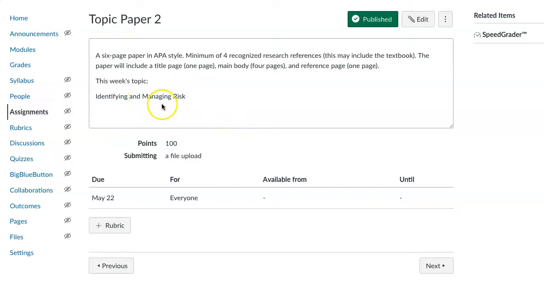And this one, it's pretty broad, identifying and managing risk. You can organize it however you want. At first stab, if I was writing this, I'd have my introduction, and then I'd probably have 3 to 4 APA headings below that, and that should fill out my 3.5 pages.